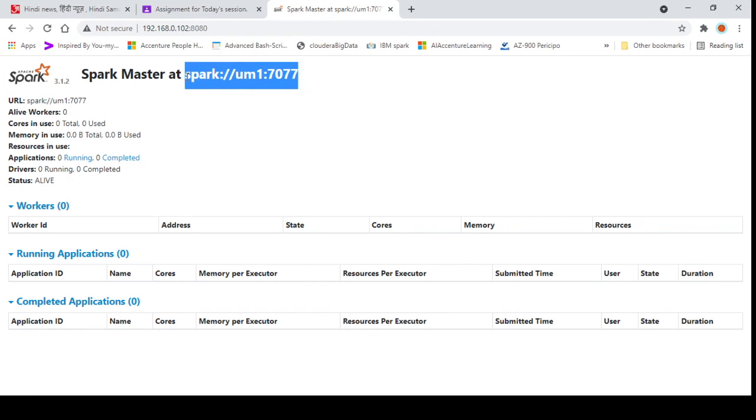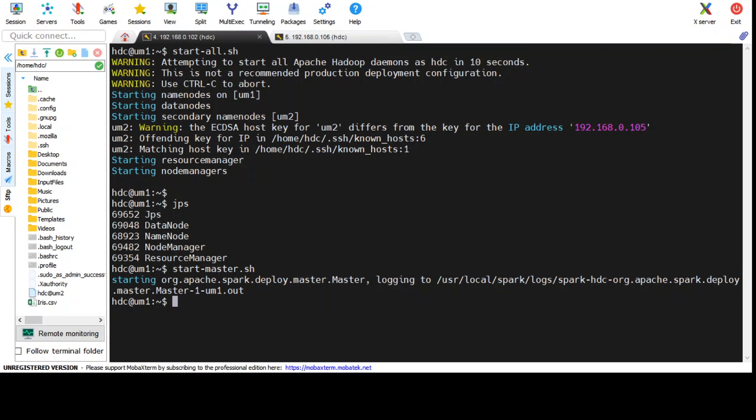At the time of giving the command for starting the worker, you need to give the master URL too, so it will start the worker on the master node. Okay, so let's get back to the MobaXterm screen, the black screen. The command is for starting the workers, not a single worker, because we have configured workers on 102 and 105 both.